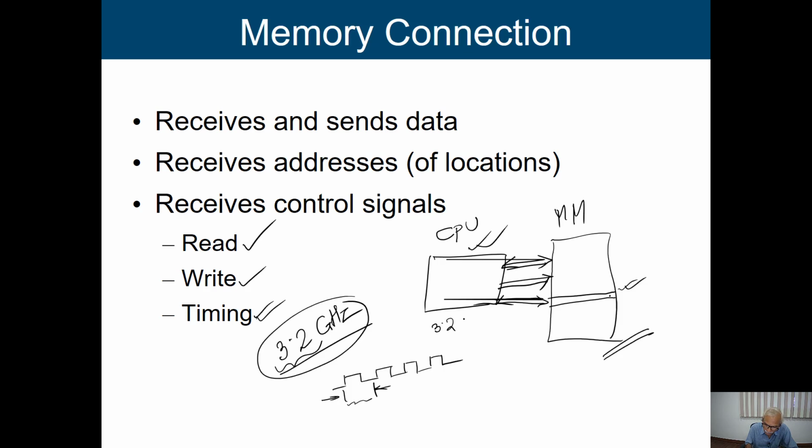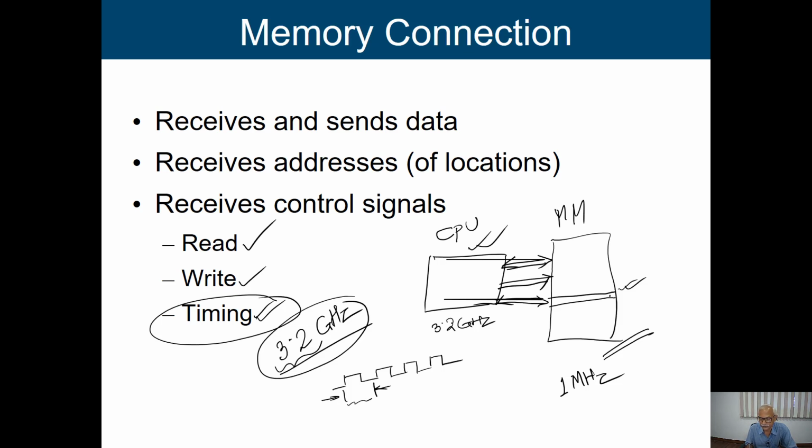So now you just see that we are having two different devices. One is working with 3.2 gigahertz and the second one, as I just said, is around 1 megahertz. The important clock frequency is 1 megahertz in your main memory. Somehow we have to synchronize these two devices which work in two different time signals. For that, some kind of timing synchronization signal is required. So these are some kind of control signals.